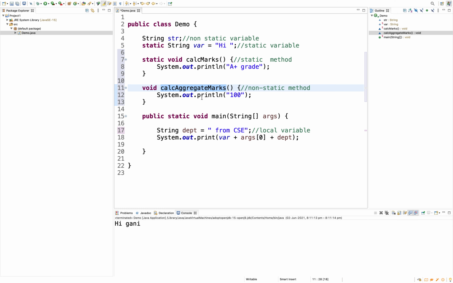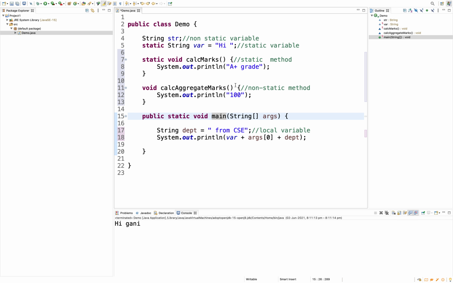Our focus will be on the main method and the print or println method. These are the basic methods, so we should know about them.